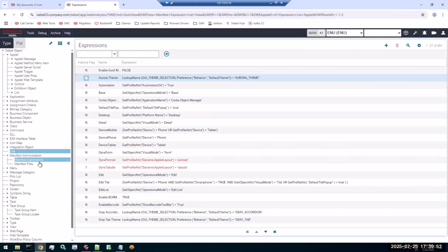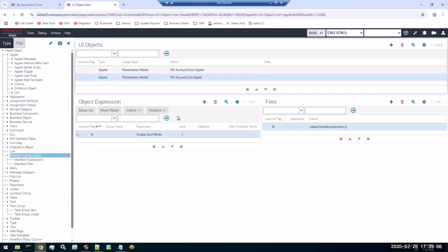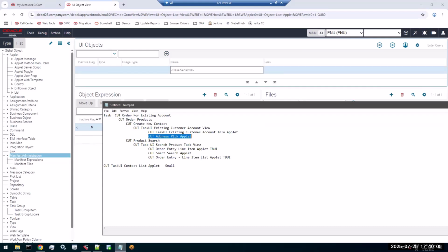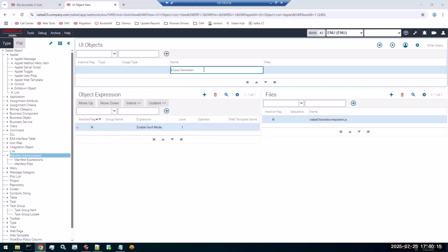One thing that I investigated was going to the manifest administration. There are plenty of applets that you can identify quite easily in your views. So I've been taking notes, basically identifying the task and the views. For example, there is this first applet that we see. And if I look that up in the manifest,